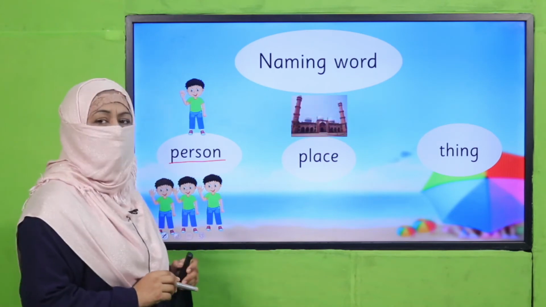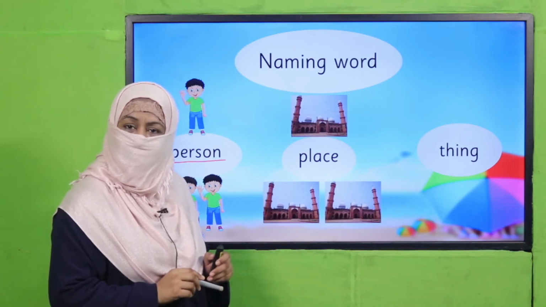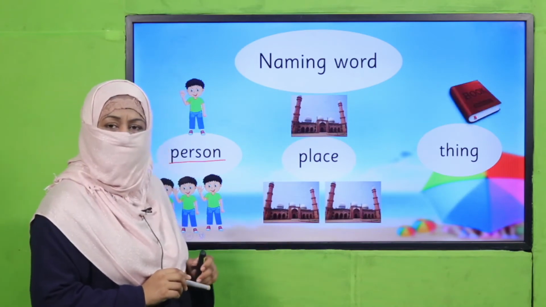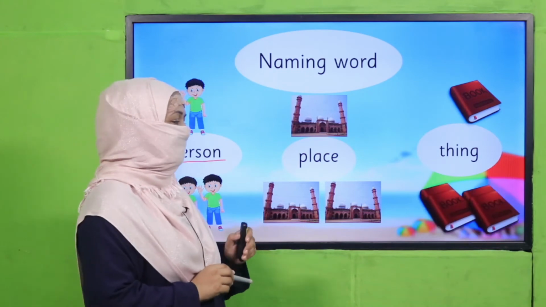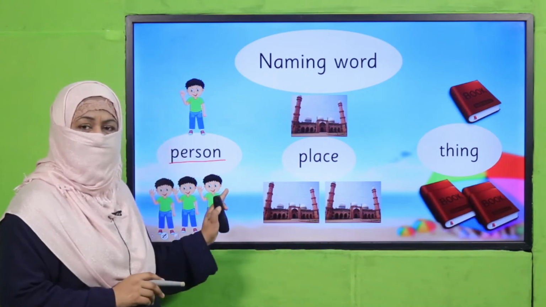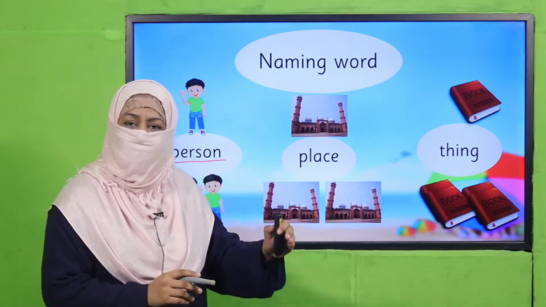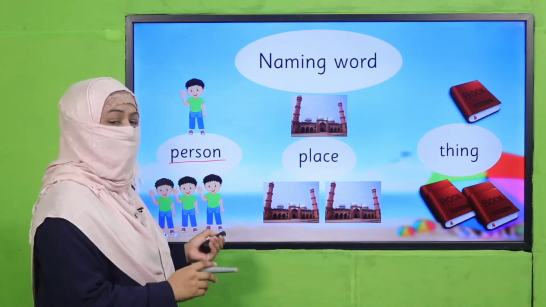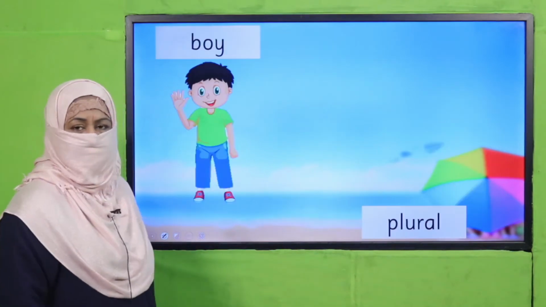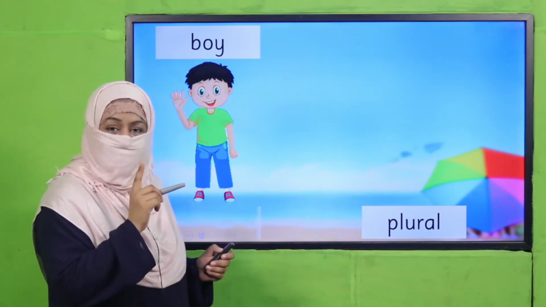If this place is one, it is called singular. And if it is more than one, it is called plural. If it is one thing, it is called singular. And if it is more than one, it is called plural. Now, by looking at the picture, we find out, we name them, and then we find out either we need a singular naming word or a plural. So how do we change the number? Look at this. This picture is telling you, because it is one, it is singular.